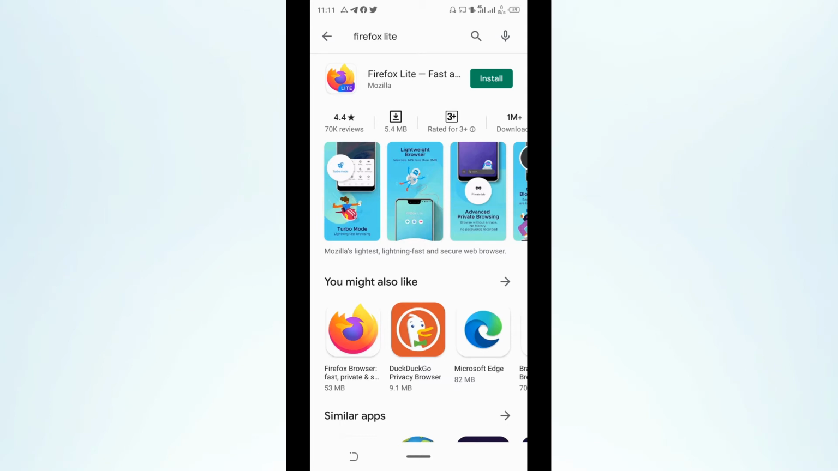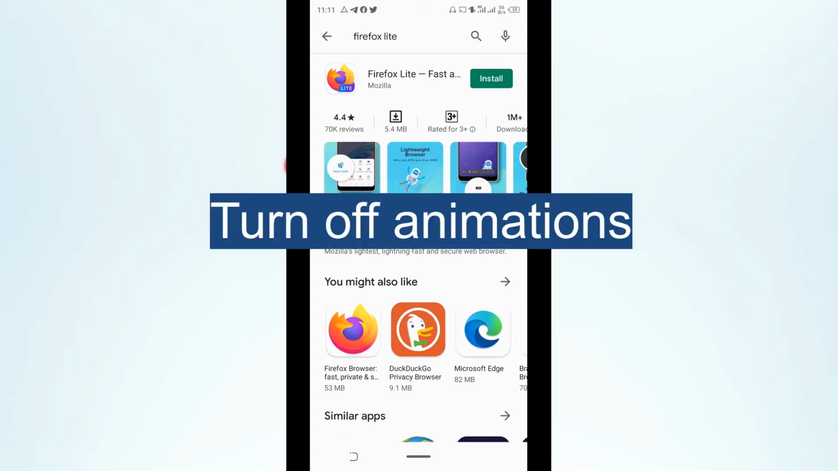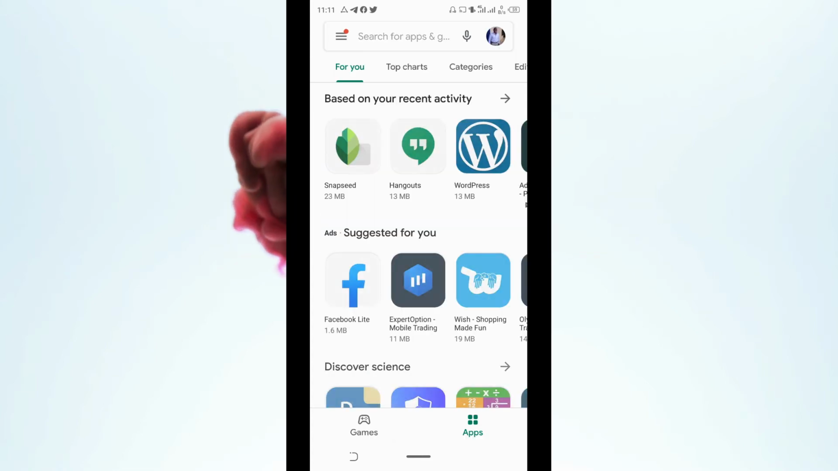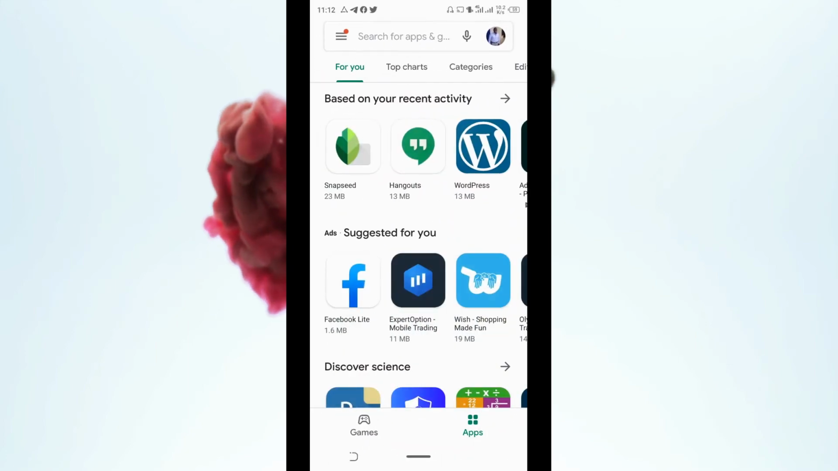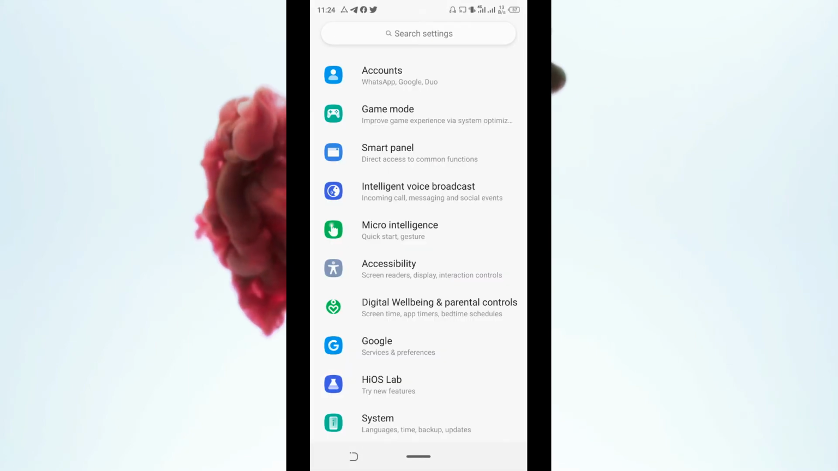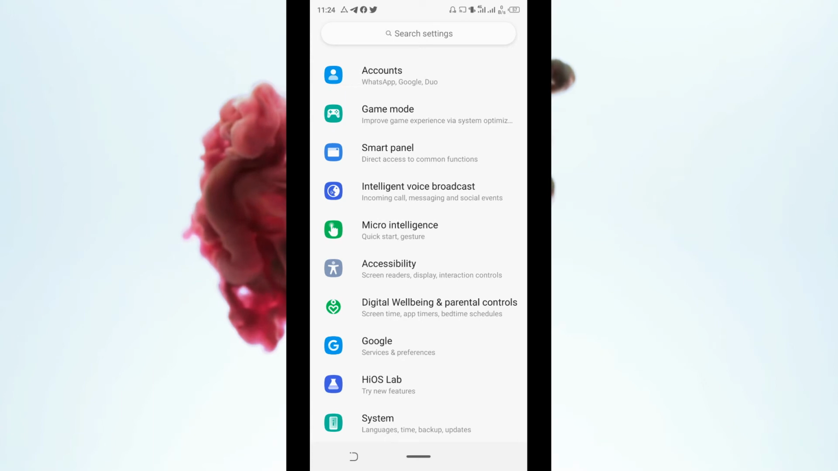Another important way of speeding up your device is removing animations in developer options. Anytime you move from one screen to the other, there's an animation that is played, and these animations also help in slowing down the device. And to remove animations and transitions, you go to